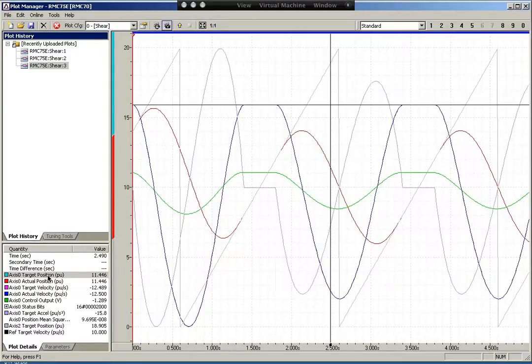The bottom left-hand side is the legend, and the lines are all color-coded. So for instance, the red line is the actual position, and axis 0 is the slave or the shear, and axis 2 is the master or the reference that is monitoring the line speed. So the black line, the reference target velocity, is at 10 inches a second,